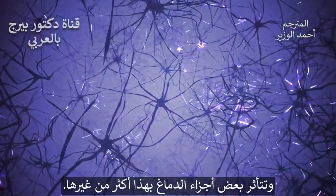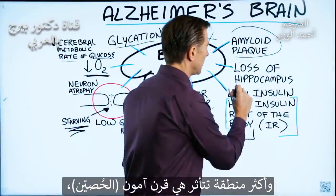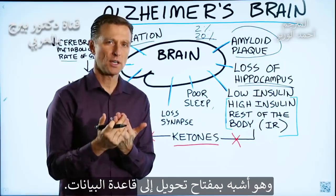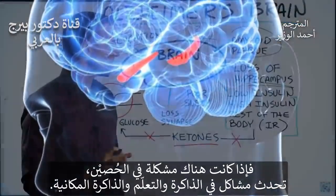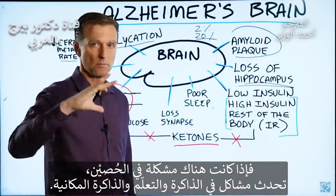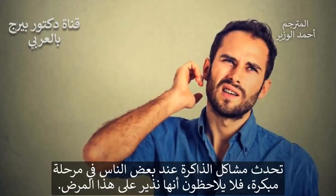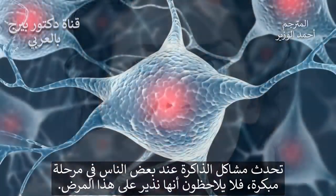And there are certain parts of the brain that are affected more than others. The most common area of the brain that's affected is the hippocampus. This is the part of the brain that's like the relay switch into your database. So if you have damage in the hippocampus, you're going to have a problem with memory and learning and spatial memory, trying to find out where you parked in the parking lot or where you put your keys. So many people develop memory problems early on, and they don't realize that it could be the start of this